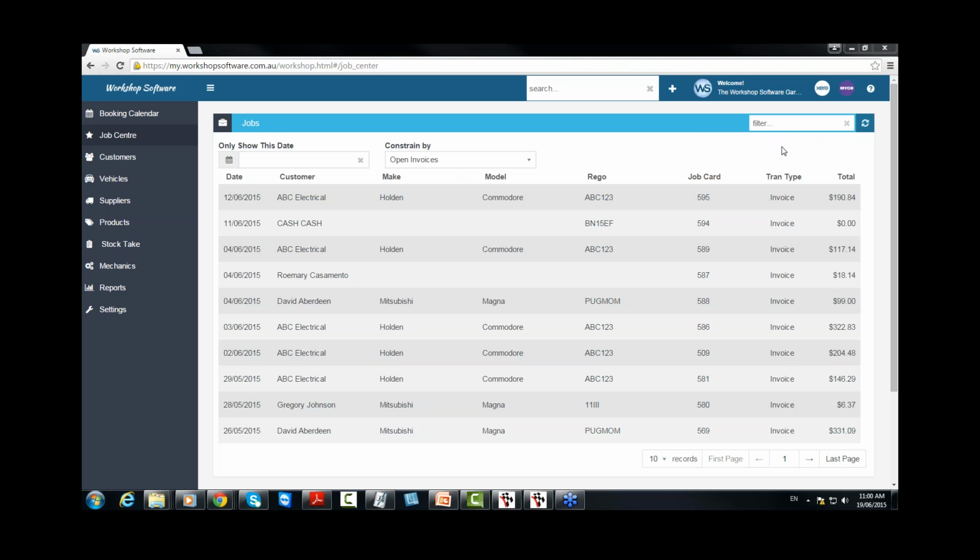In this morning's session, we're just going to go over your general day-to-day use of workshop software. So we're going to have a look at your booking calendar and we're going to book a job in. And then we're going to have a look at your job center and what that is used for. And then we'll have a look at invoicing our customers, and we'll go through an invoice for both an account